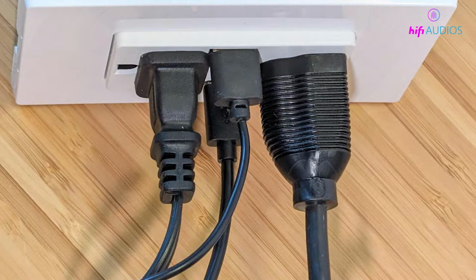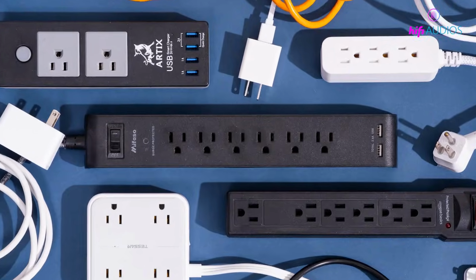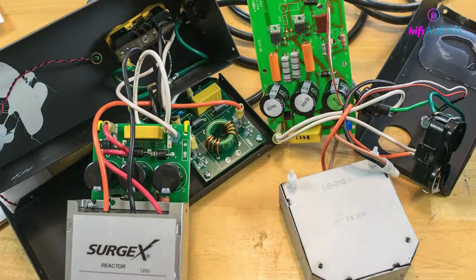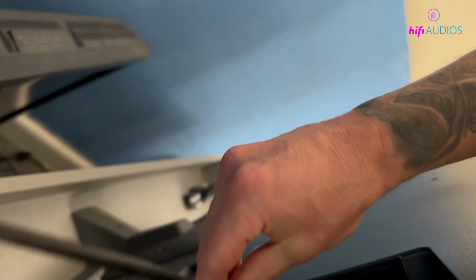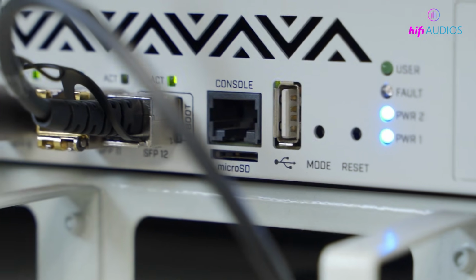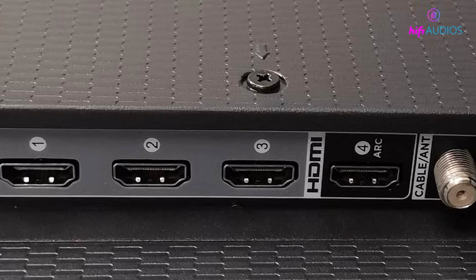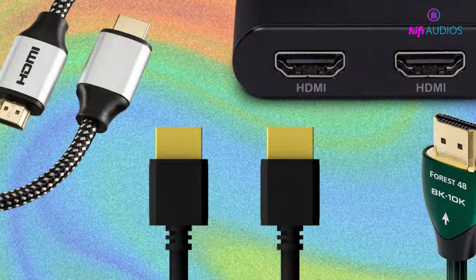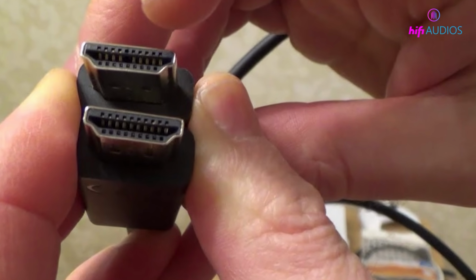If it's still flickering, check the power source. Try plugging the TV into a different wall socket, and avoid using any extension cords or surge protectors while testing. Next, take a look at your cables. Unplug any HDMI or other input cables, and give the HDMI ports a quick clean using a can of compressed air. Once they're clean, try plugging into different HDMI ports, and if possible, swap out the HDMI cable with one